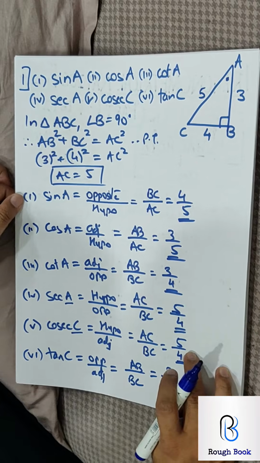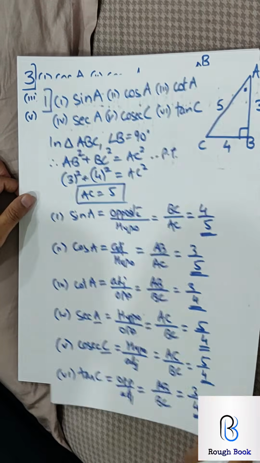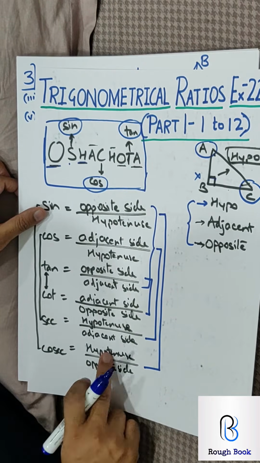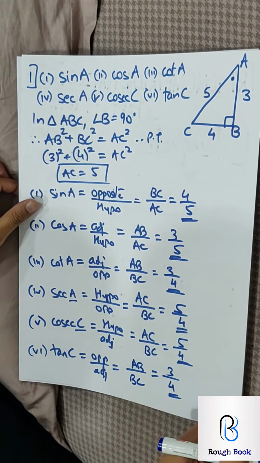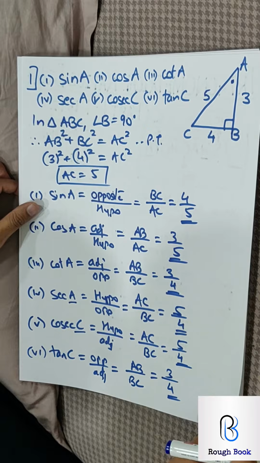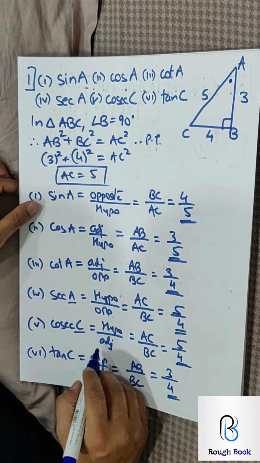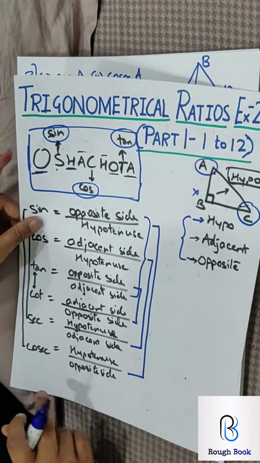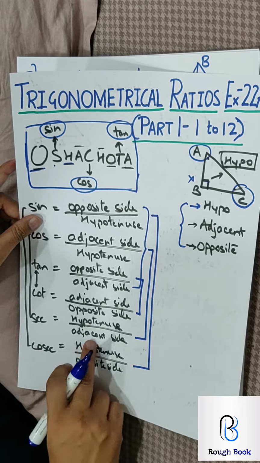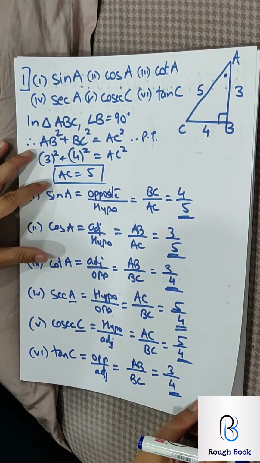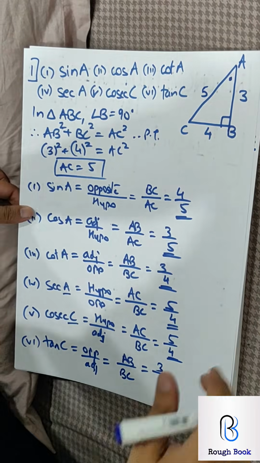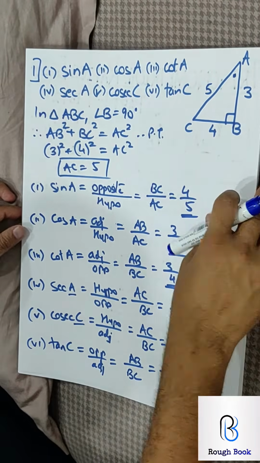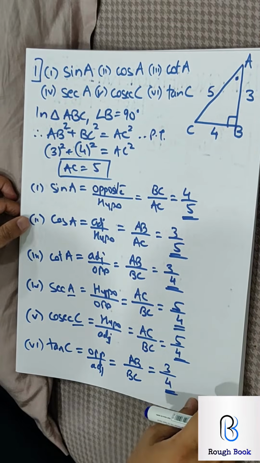This one, cosec C, let's revisit this one. Cosec is hypotenuse upon opposite. I messed up here, and I messed up here also. Hypotenuse upon adjacent is sec. So both these I have messed up. Alright. First sum, I only have messed up. See what lovely mistakes I have done.